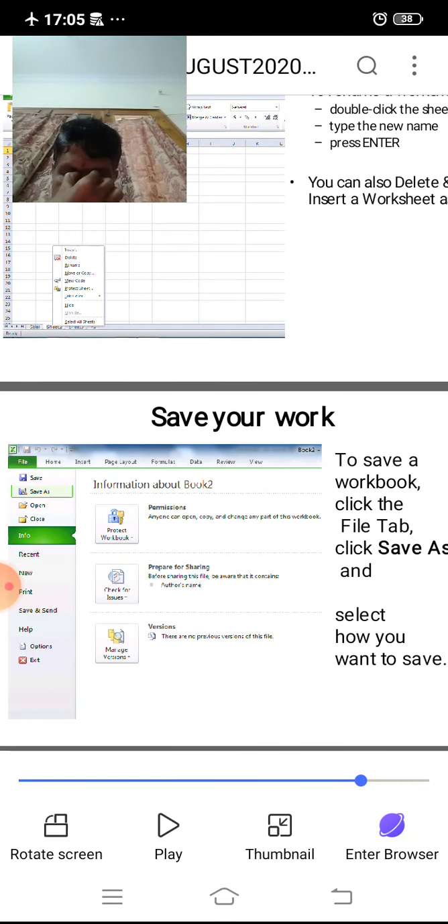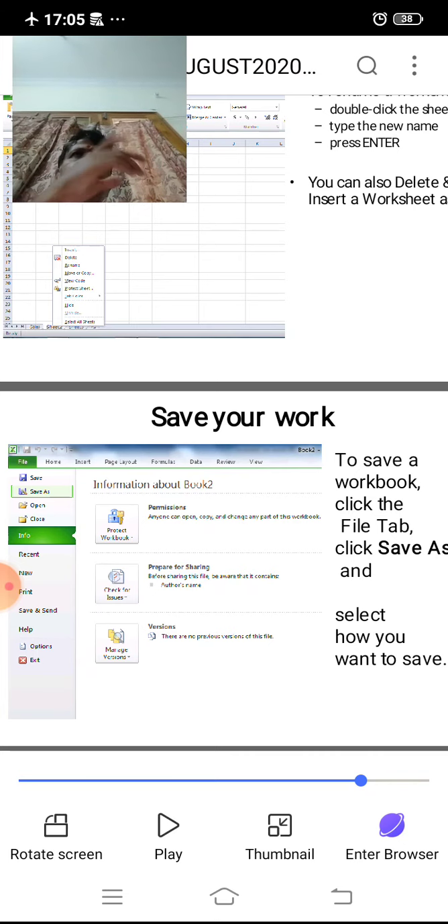For saving this one, when you click Control S or the File Save button, it opens a dialog box, the Save As dialog box. In that, the user may choose the location where it is to be saved, and it asks for the name of the workbook.